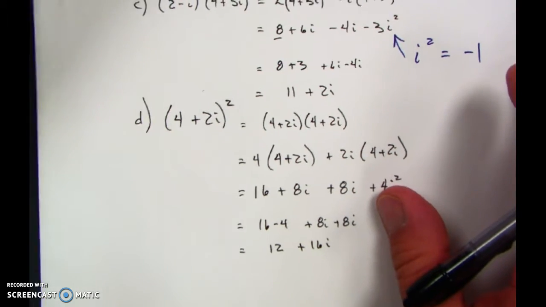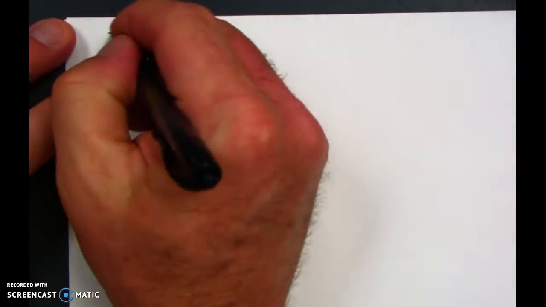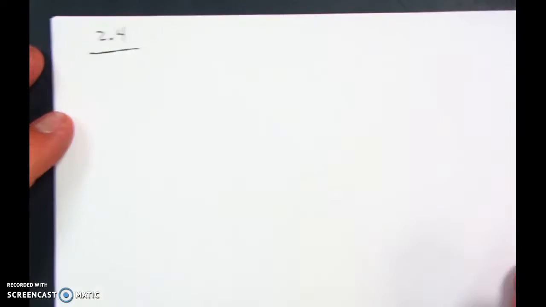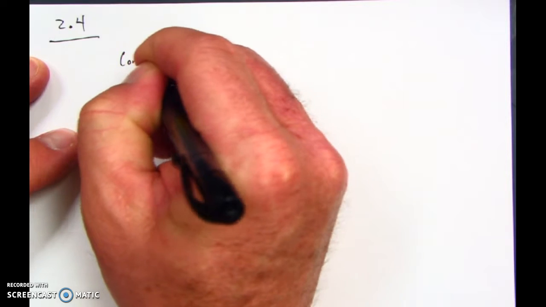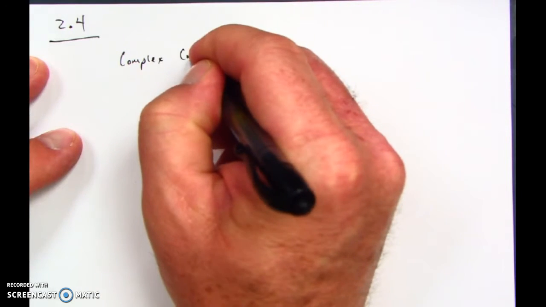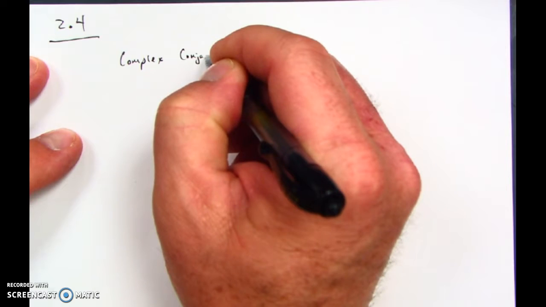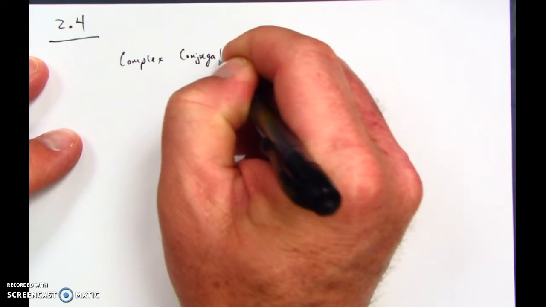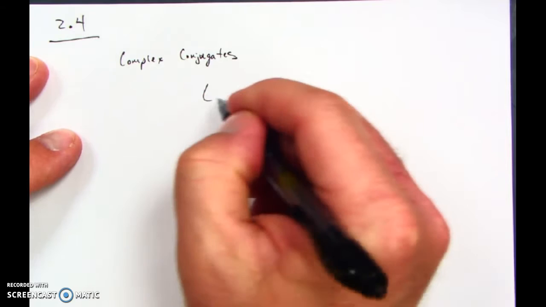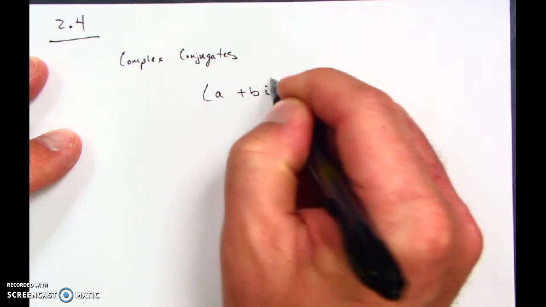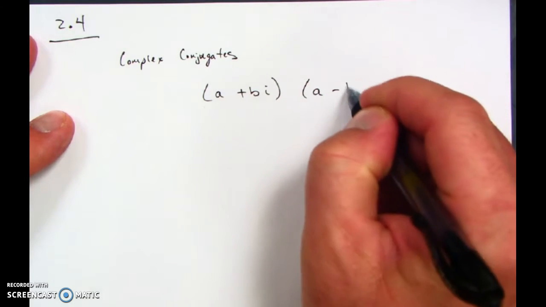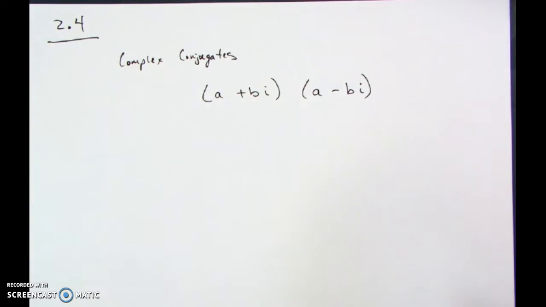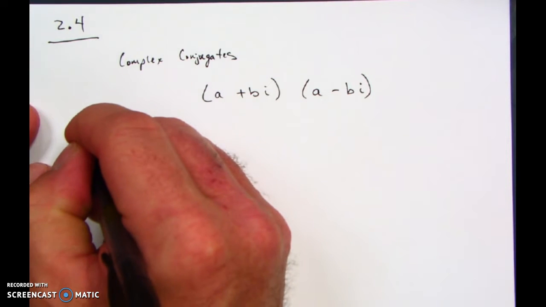Now what we also are looking at in section 2.4 is the conjugates, complex conjugates. So, for example, we said a plus bi is our complex number in standard form. The conjugate would be a minus bi. So, when we're multiplying conjugates,